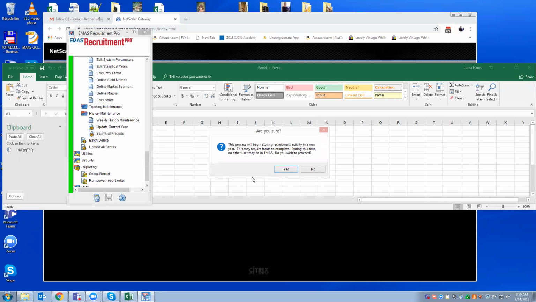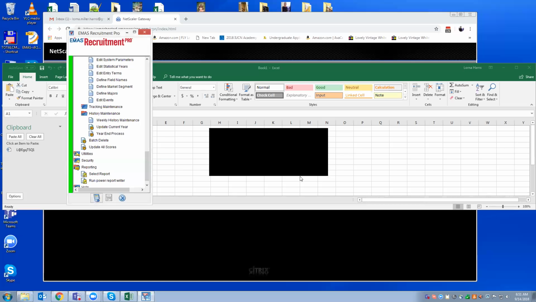And depending upon how much data you have in your database, I don't have much, so it's going to run really quickly. The reason we want you to have all your users out of the program is that, well, actually, it's not technically required anymore. So if for any reason you really needed to run it, it would be okay. Because the program's no longer updating those students, assuming that you're past that September 30th or whatever that date is for you.